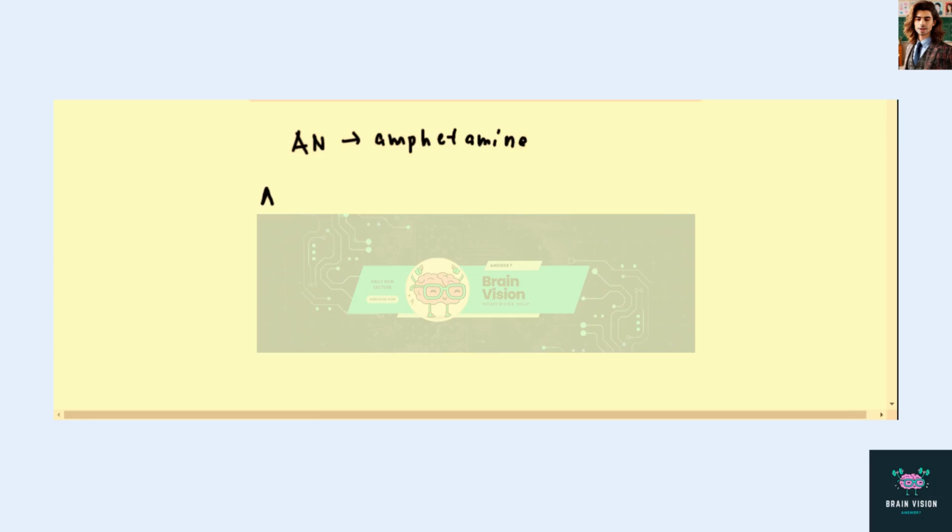As a weak base, it reacts with water in the aqueous solution according to the following equilibrium equation. So the weak base accepts a proton from water and becomes the conjugate acid ANH+, and water, being stripped of the hydrogen ion, becomes hydroxide ion.